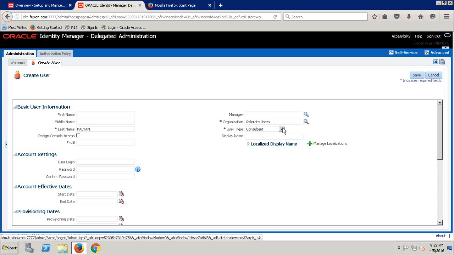select user type as employee, but in reality the user is not going to act as an employee user. Just for the sake of classification you can select it. Okay, now what is the user login you require? I'll give the same name,